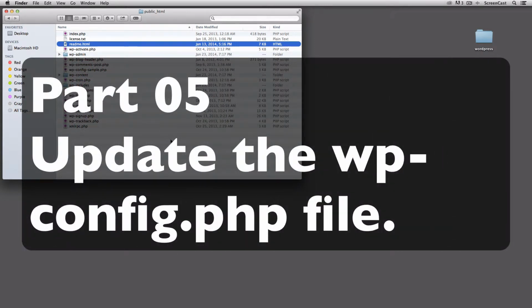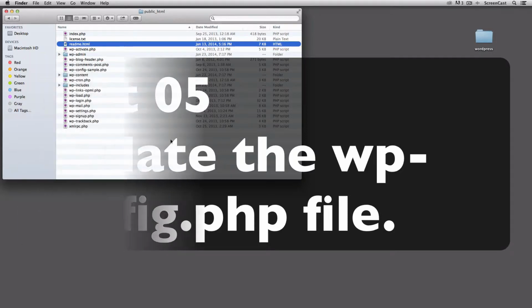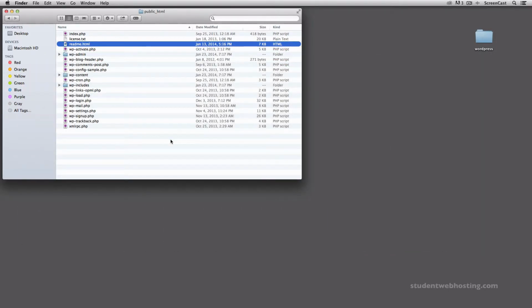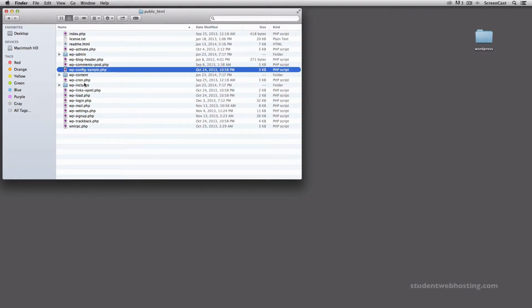All right, once we have our database set up with our username and password, we're at the final step of the manual setup for WordPress. So the last thing we need to do is edit the values inside of the configuration file. So you'll need to select this wp-config sample. You'll need to rename it so that it's just